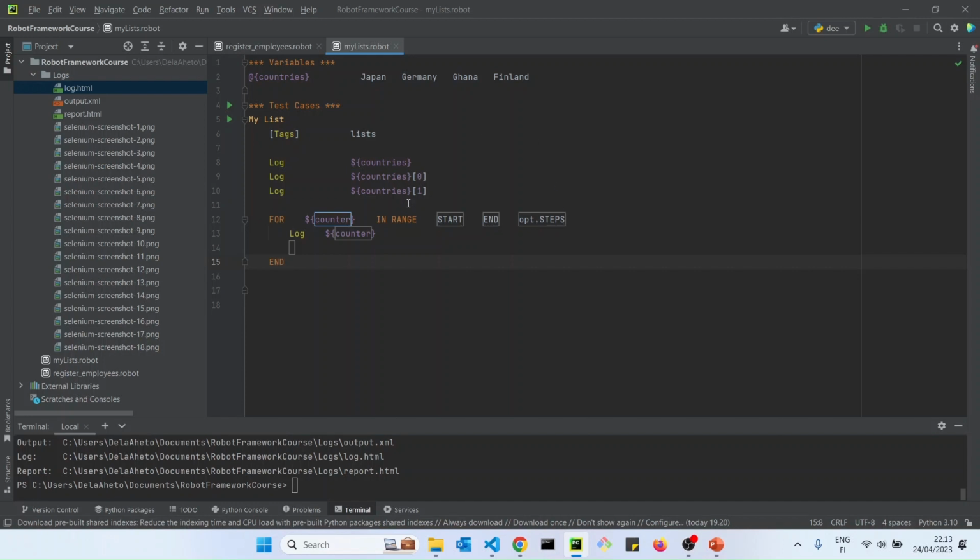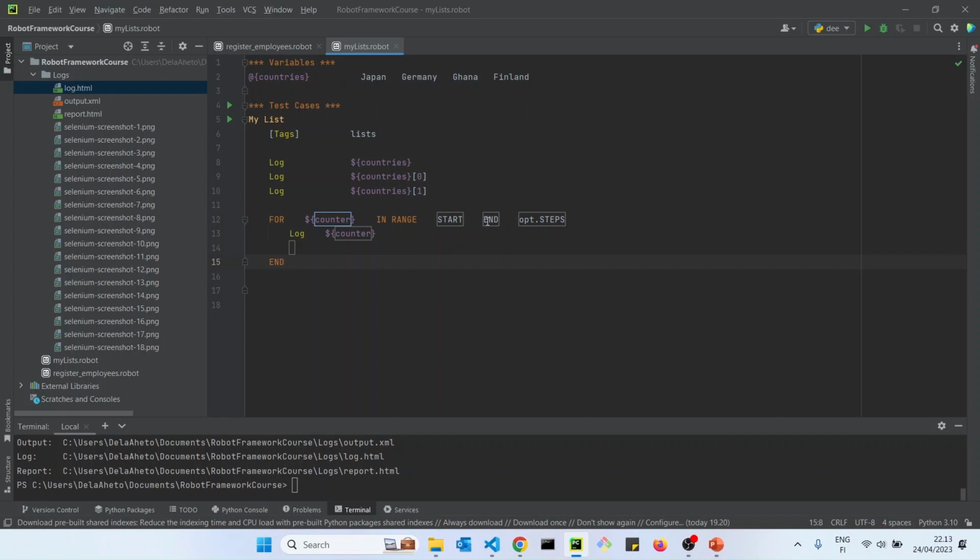So if you have the starting point at 0 and the end point at 10, it's going to be 0, 1, 2, 3, 4, up to 9. Usually it doesn't include the last number. So if you want 10, then it should be 0 to 11, or let's say 1 to 11. So you have 1 to 10, assuming the steps is 1. If the steps is 2, then it's going to be, let's say, 0, 2, 4, 6, 8, and 10, assuming